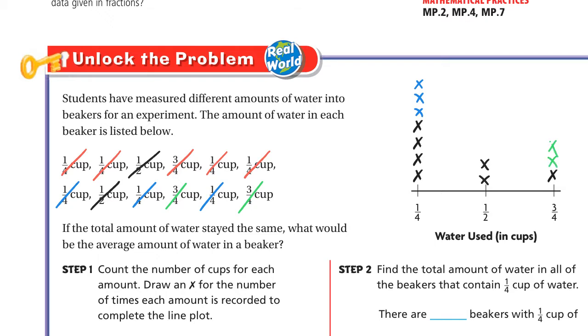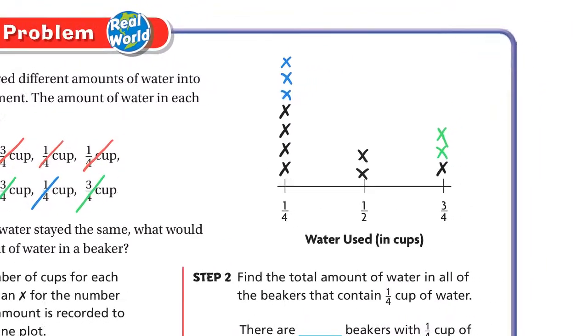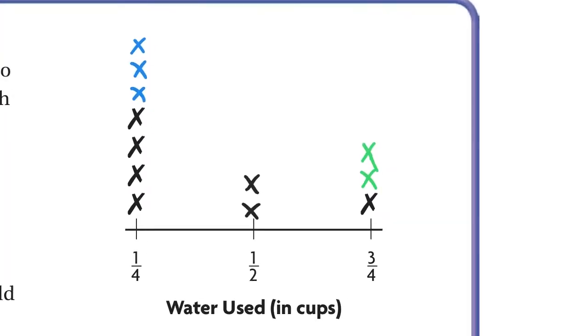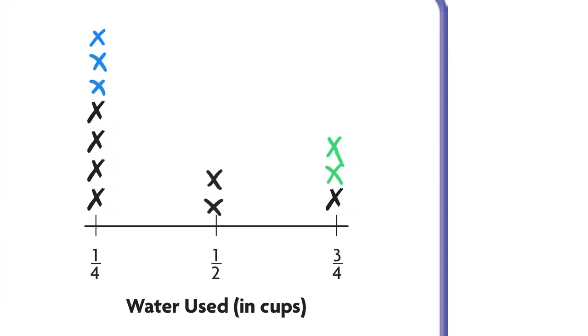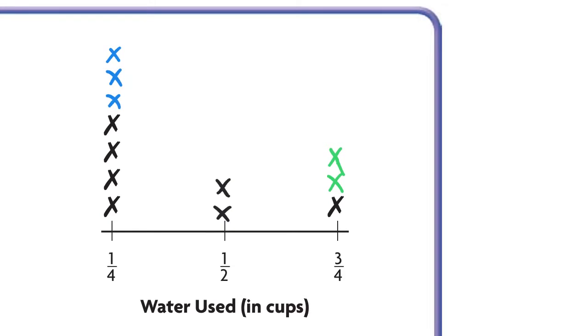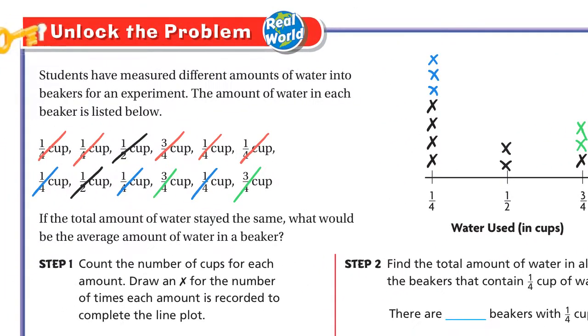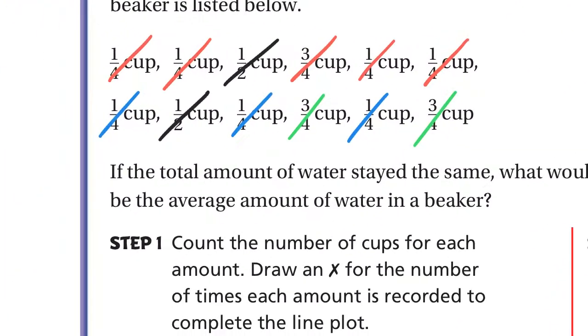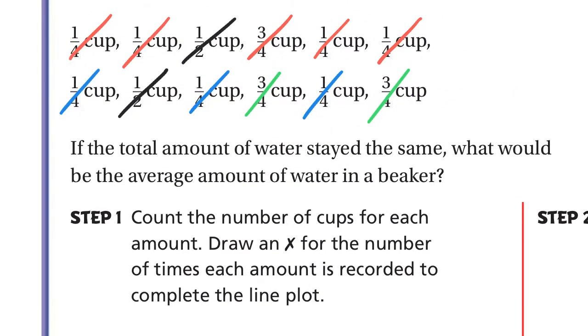And so now we have a nice little chart of the amount of water that each student used. And you can see that most students used 1/4 of a cup. But that's not what this question is asking us. I'm going to show you right now what they're asking. It's saying, if the total amount of water stayed the same, what would be the average amount of water in